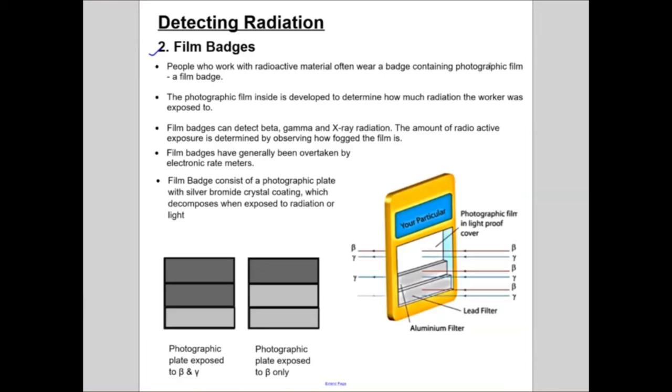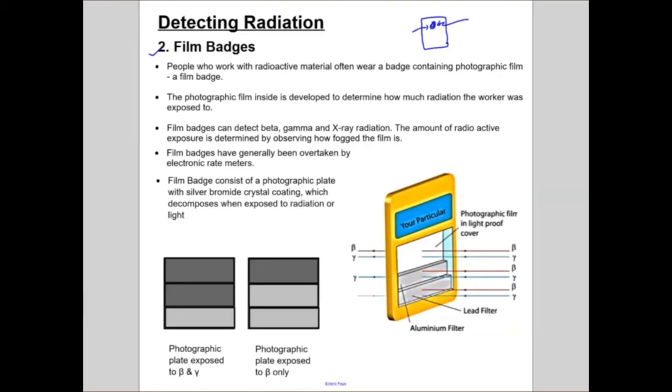These photographic films, usually they are light gray in color, and when they are exposed to light or any kind of radiation, they would turn dark. So if they are exposed to some kind of radiation at this small region,